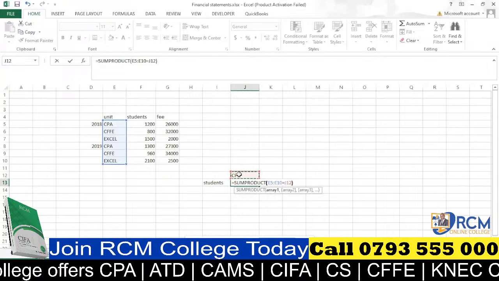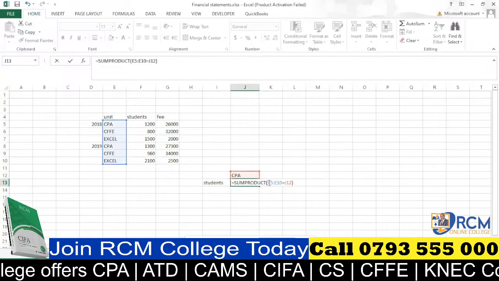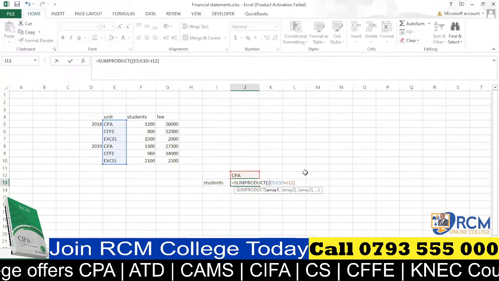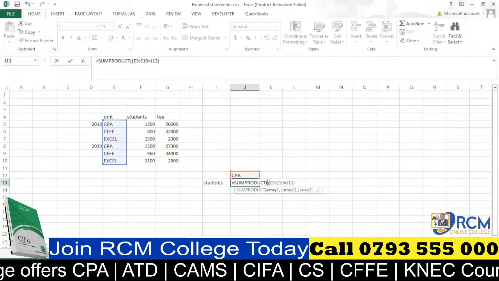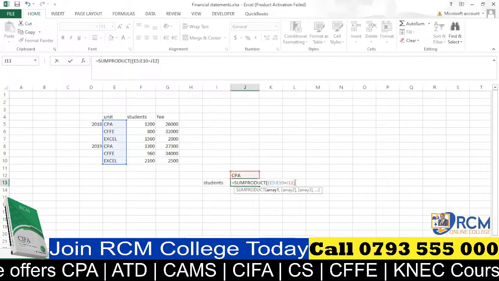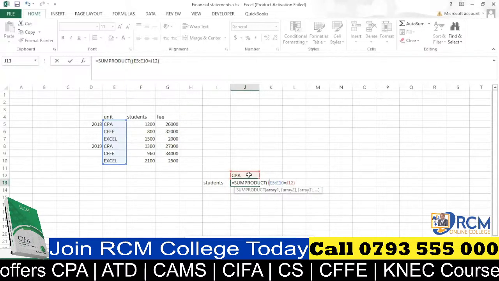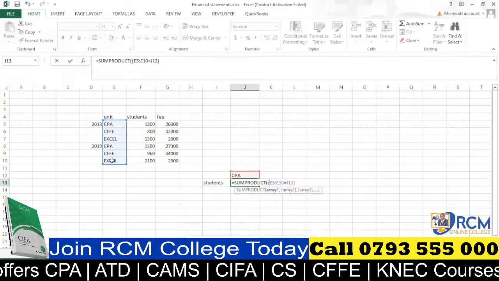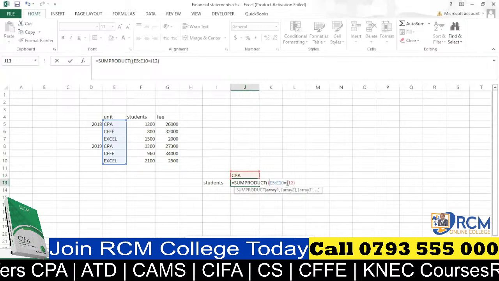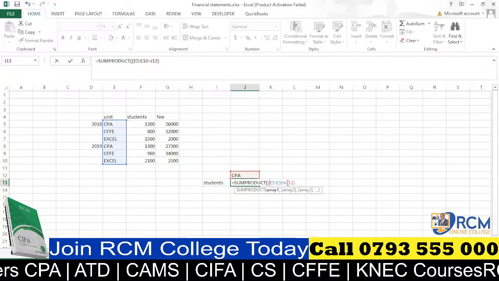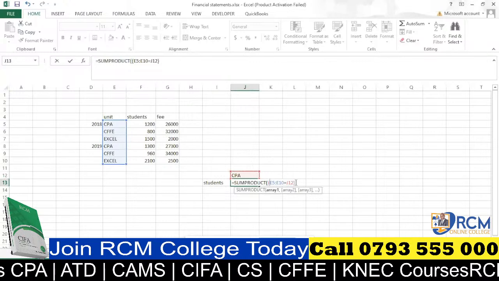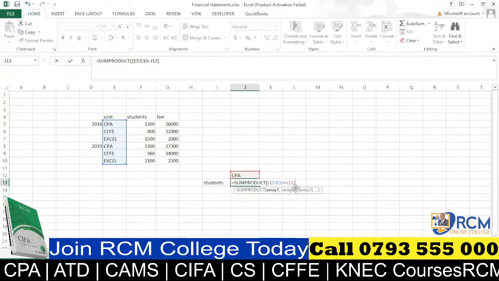Then another point of concern is here. I think you are able to see that I'm placing a bracket to close this range, and equal, that is E5 to E10 is equal to J12, which is CPA, the range of the unit and the specific unit that we want its details. We are putting that. We don't separate using a comma in this case, and also we introduce another bracket. Then the next thing that we need is we multiply